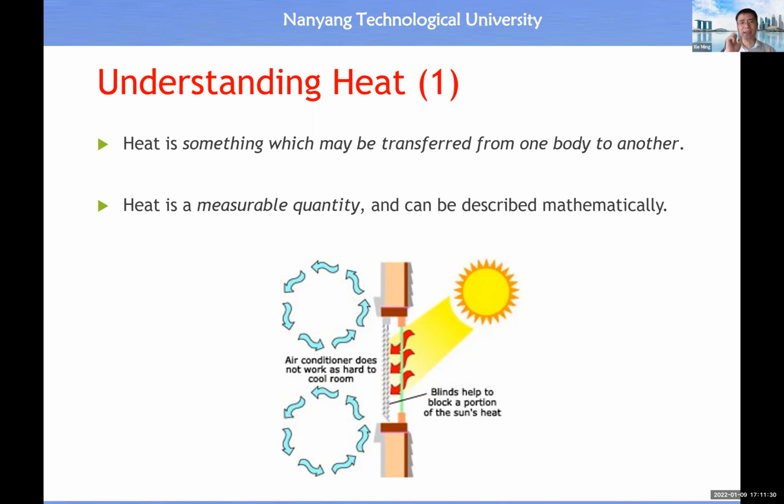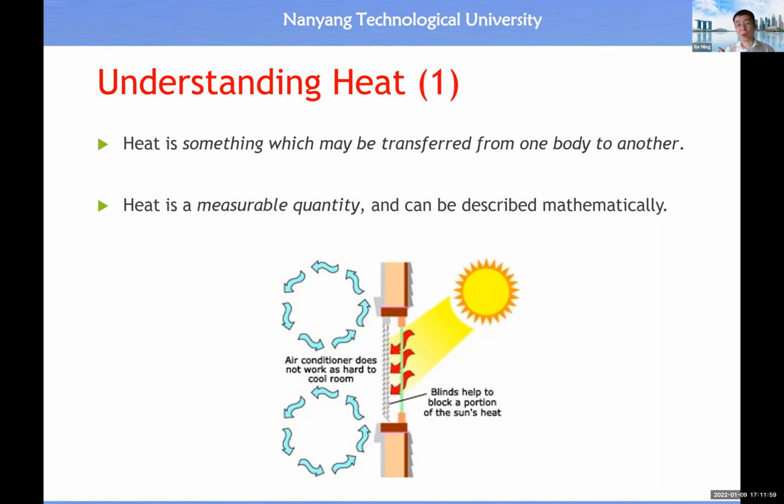So let's start with the phenomenon of heat. Heat basically is energy which could be transferred from one body, or hot body, to the cold body. So you will see heat is not a substance. It's a kind of energy. And heat is also a measurable quantity because there are two important